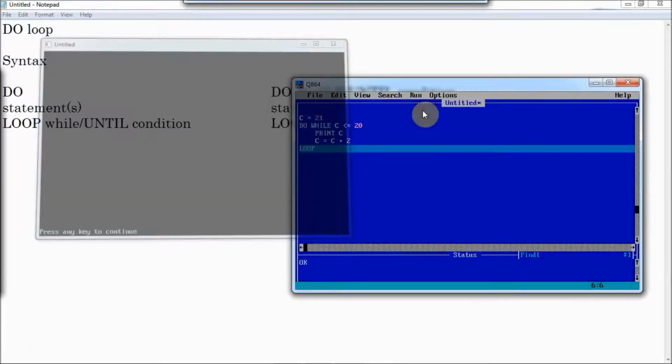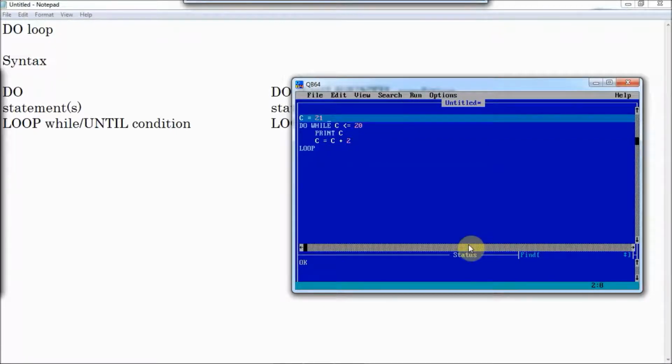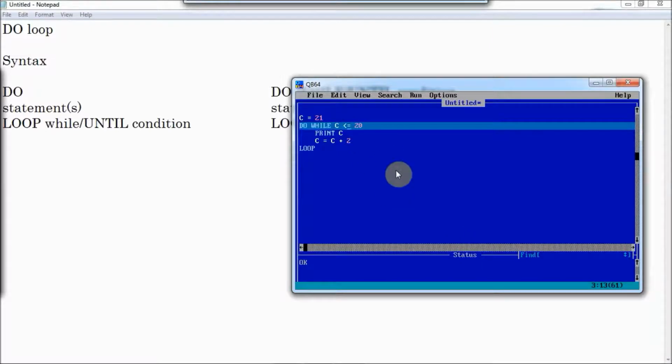Now let's move on to until. As I told you earlier, in until you just reverse the relational operator. While C is less than or equal to 20 now becomes greater than 20, while C greater than 20, and while becomes until. In until, you give a condition which will be the ending point.